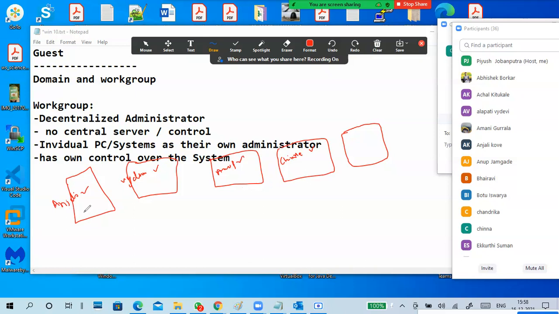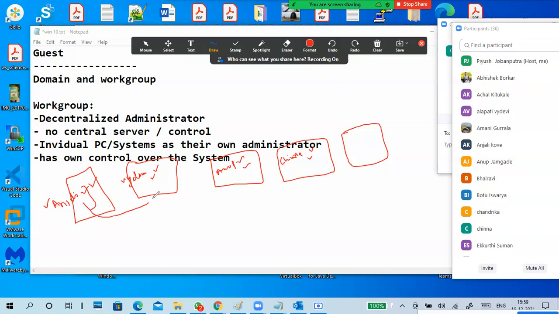Okay, if you add any other account and entire users in this PC, their profile data stores here only. And who is able to control this PC? Anjali. Who is able to control this PC? Vaidevi. Who is able to control this PC? Anup. Who is able to control this PC? Chinna only.